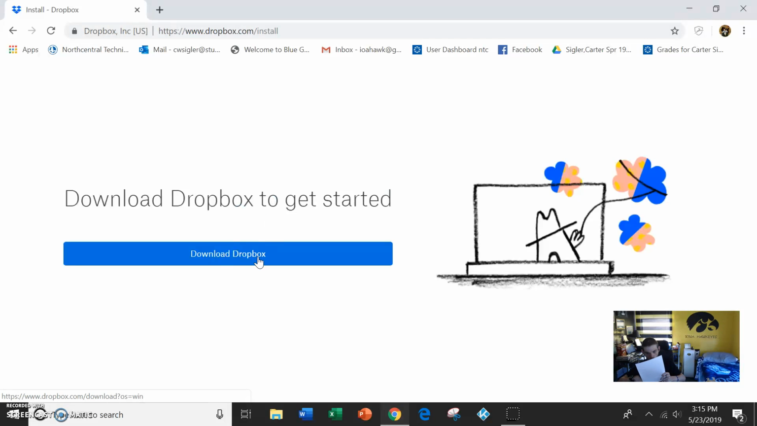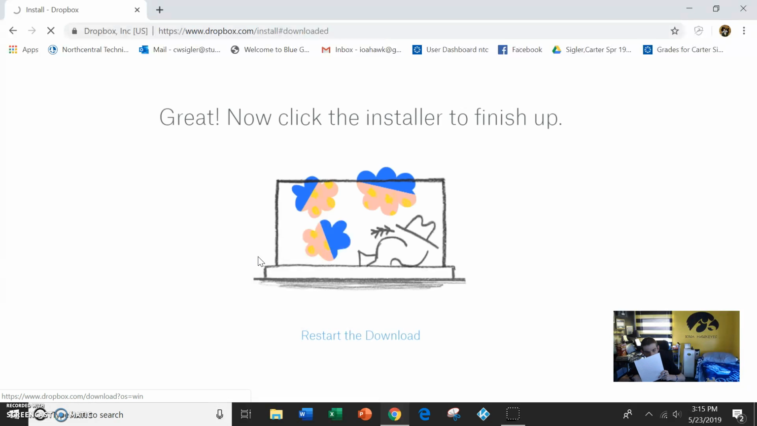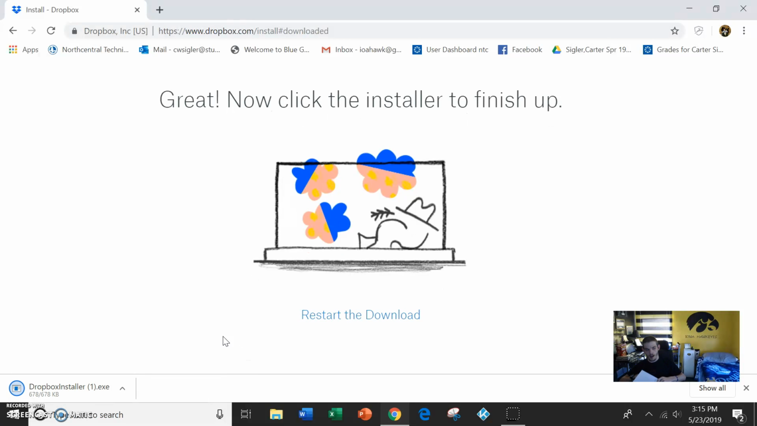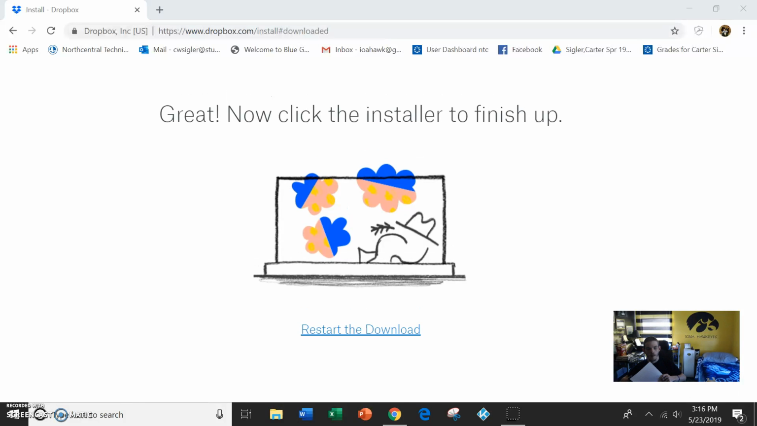Next thing we will click on download Dropbox in the browser, and now we will get to download. It's downloading, and then in the lower left hand corner you're going to click on it so it'll download and install, and then click yes for the app changes permissions,